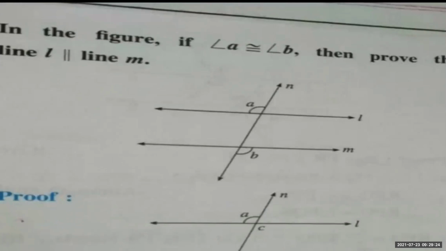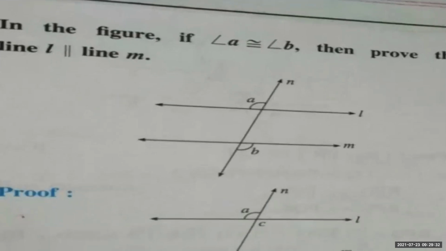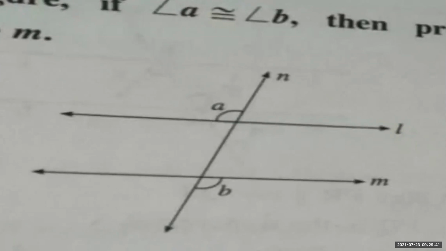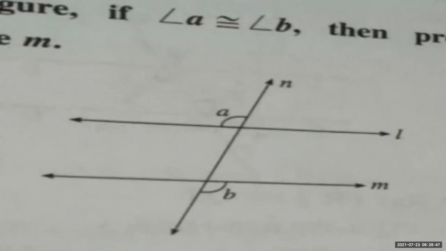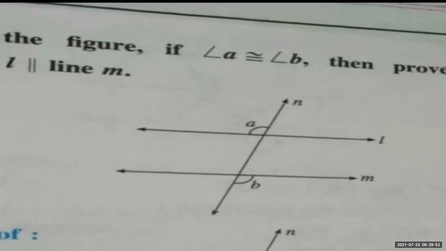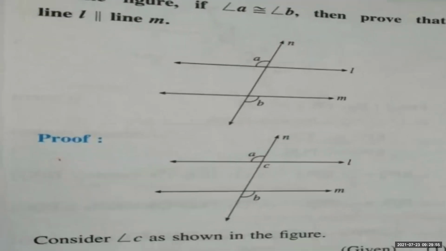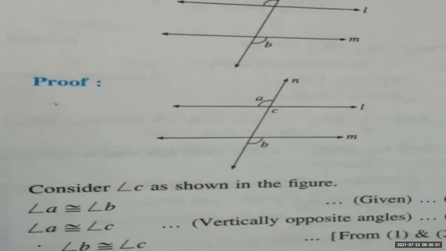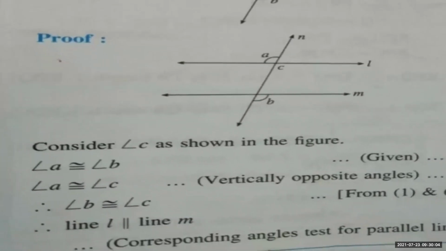Now by the diagram and the information given regarding the diagram, what you can say? See the two angles in the diagram. Which are the pair of these angles? What is it? Angle A and angle B. Those are alternate angles. Okay. So here, see the proof.